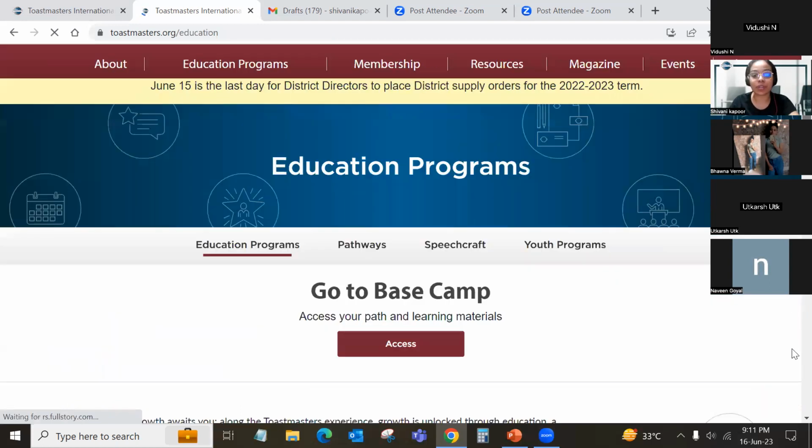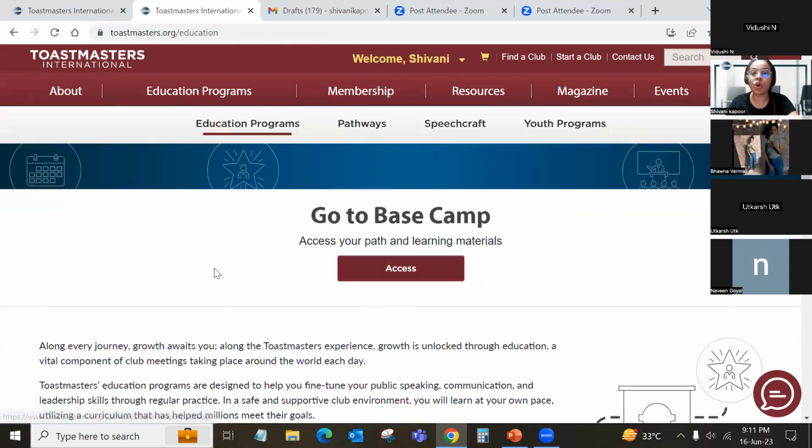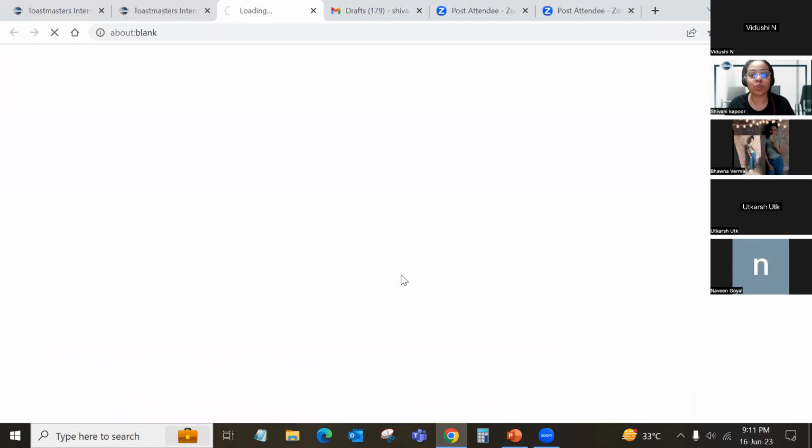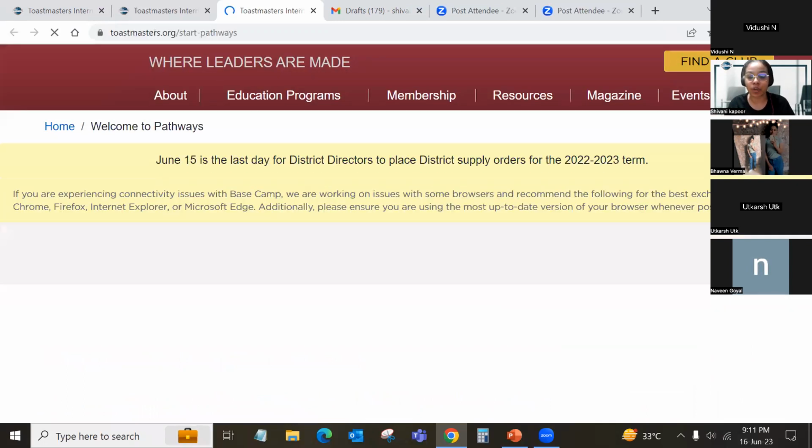What is Basecamp? You can go from here as well, go to Basecamp, or it is showing me right here as well. So Basecamp is a place where all your projects, like the path, and inside a path there are different levels, and in the levels there are different projects that you have to complete to make sure that those levels get complete, and ultimately that whole path can get complete, right? So this is the right place for you all. Clicking on access, I'll go to Basecamp and show you how it looks, so that once you have selected your path, you know where to go to track your progress.